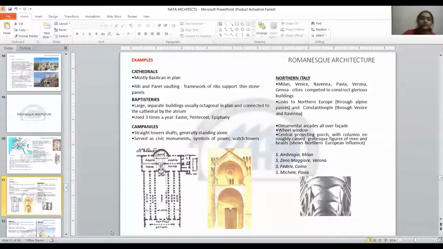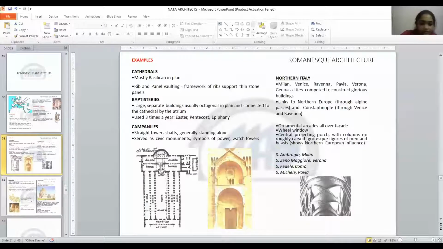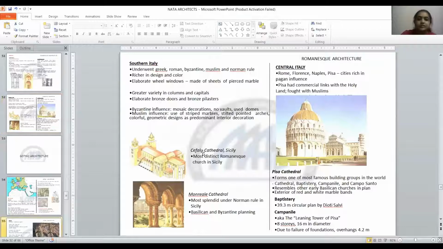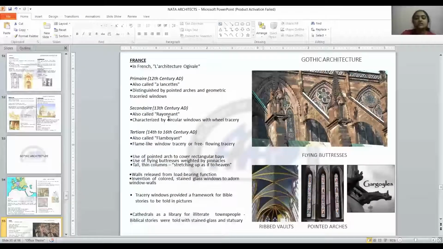Vault is the one I'll show you here. These are the vaults. It was in this period that the vault started developing, and you can also see the flying buttresses in this period. Flying buttresses take the support or weight from the wall to the ground in case the building is too heavy to handle. So in such a case they give flying buttresses.